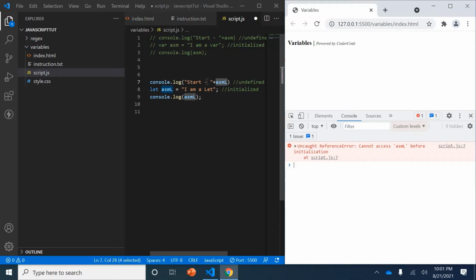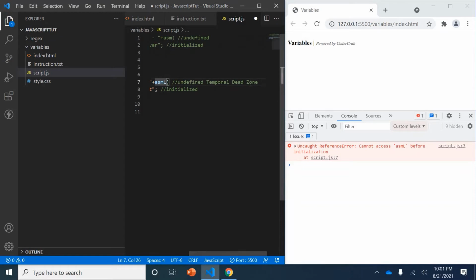So that means we cannot utilize that particular variable before this, right? The comparison is pretty clear. In case of var, it was possible with an undefined value, but in case of let, it is not possible because it is in the temporal dead zone.